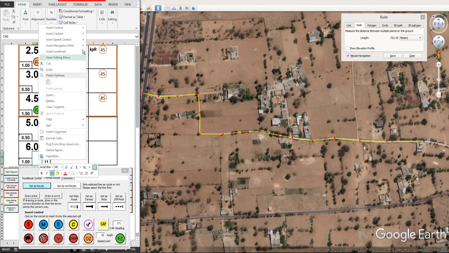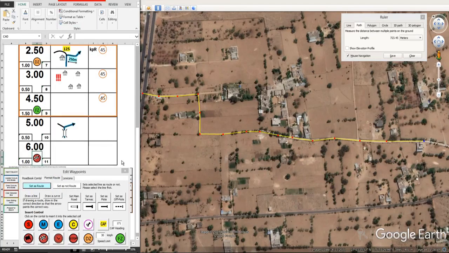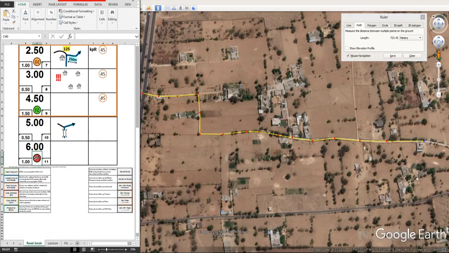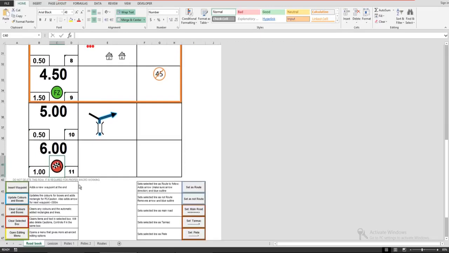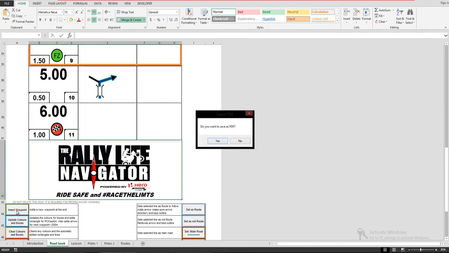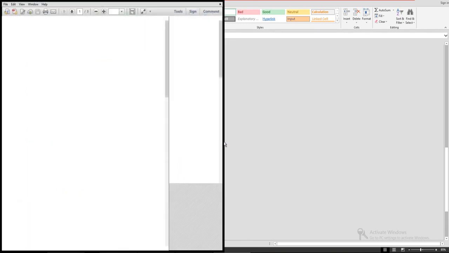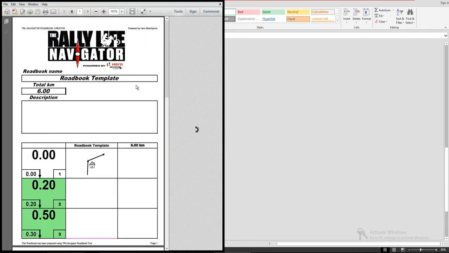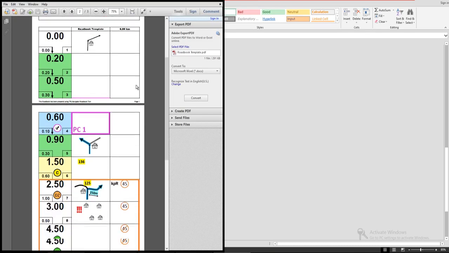So for example, you can again, in one of these options is the finish. So you can click on that, and when you want to export, there's a button here right at the end that says prepare for export. So when you click on this button, it automatically adds the formatting and sets your page limits and asks you, do you want to export as PDF? So if you say no, it just presents you this to do what you want. Or if you say yes, it automatically saves this out as a PDF and also opens it out for you. So this is the prepared PDF which you can then share.